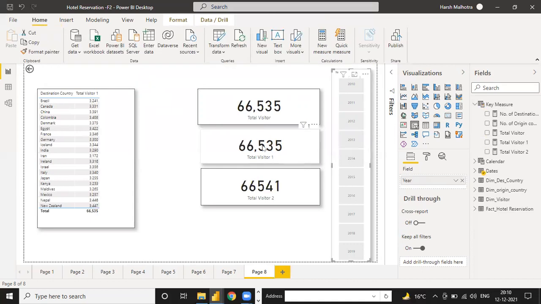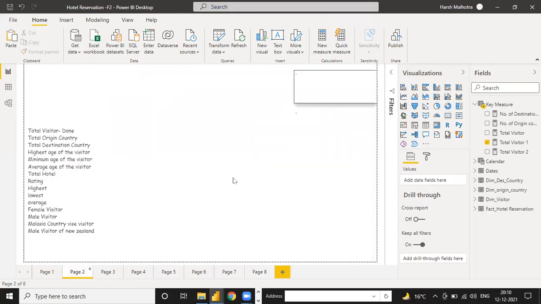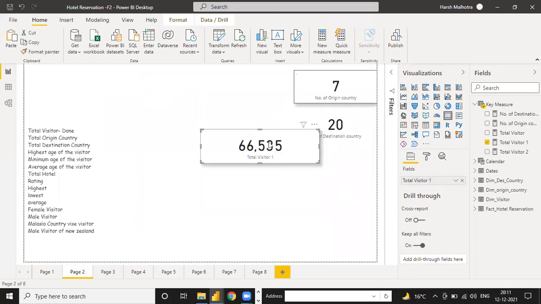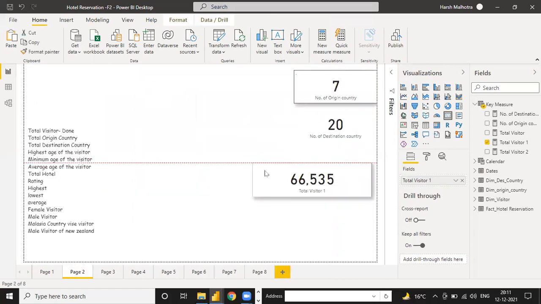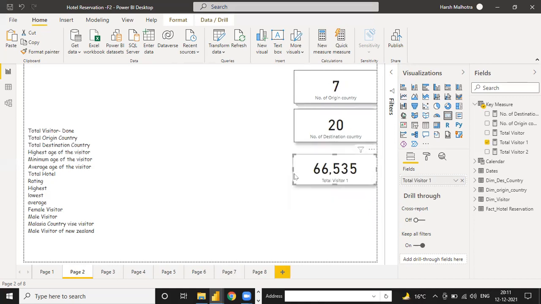So its year wise is 66,535, and I have to just copy this into the table. So total data for visitor we have is 66,535,000. You can format this, go to format and paste it so that it is now line by line: visitor, origin and destination.